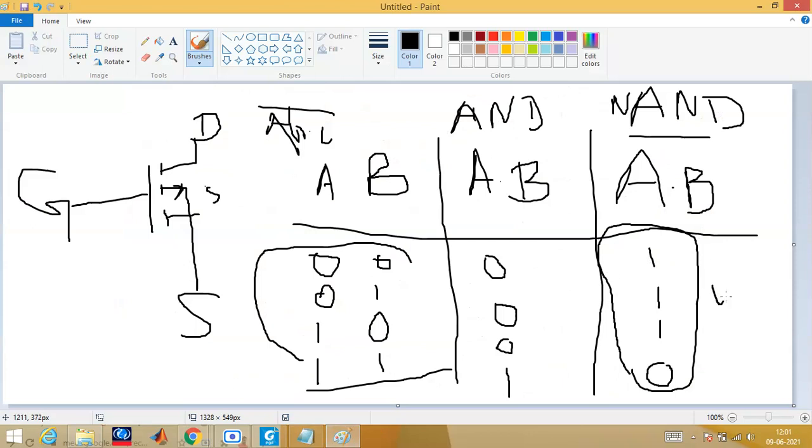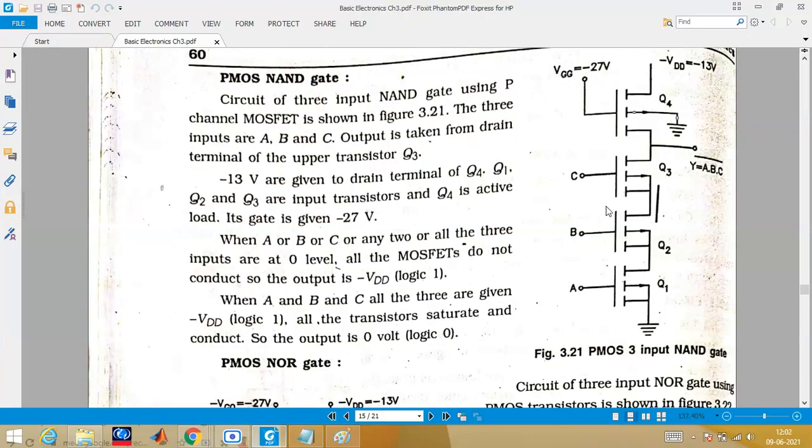If all the inputs are high then your output is 0. First, consider that you make all these 3 to be on, meaning short circuit, short circuit, short circuit. This is all already on, this will directly come to the ground. Once it is directly coming to the ground you will not get the output, so output is 0. Now this is 0, this A is 1, short circuit, then open circuit, this cannot flow here, so this value will come here.